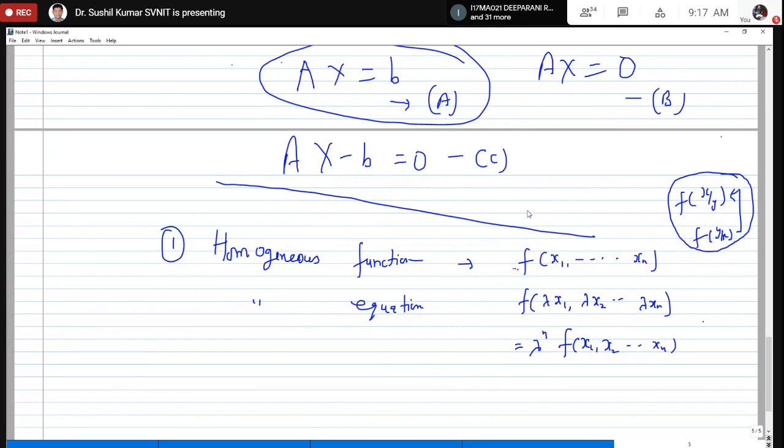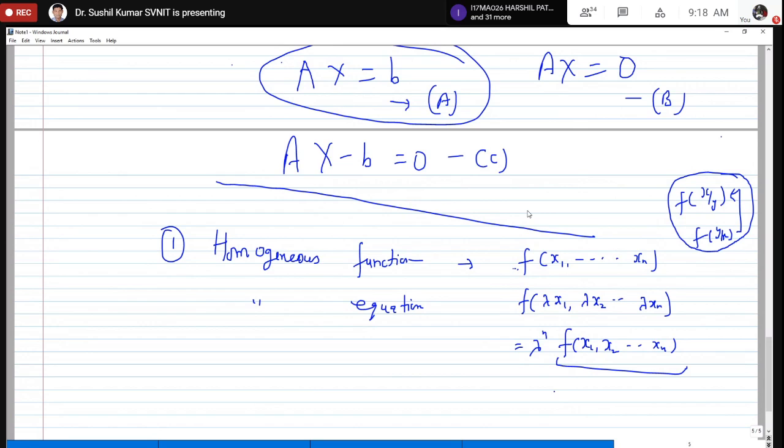Okay, so obviously if it is homogeneous, then each and every term has the same power in the independent variables. Because we are multiplying every variable by lambda, every variable will have the same power of lambda. You can take lambda common here, you will get the original function, then the function is homogeneous. So this is a definition. Using this definition, you can find out the degree of this function. It is a function, not an equation.